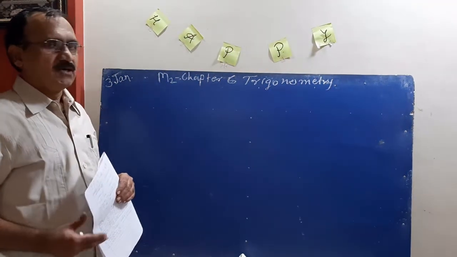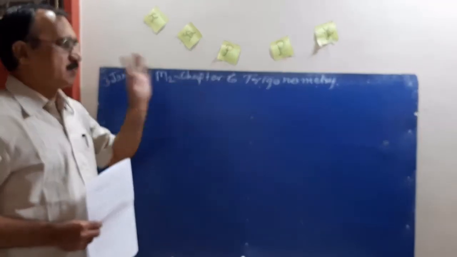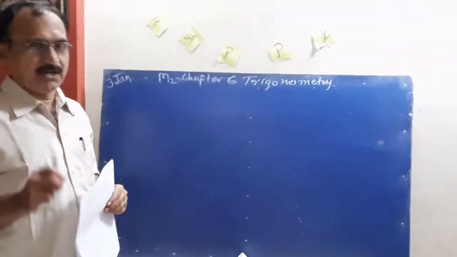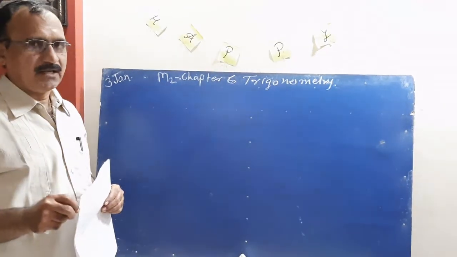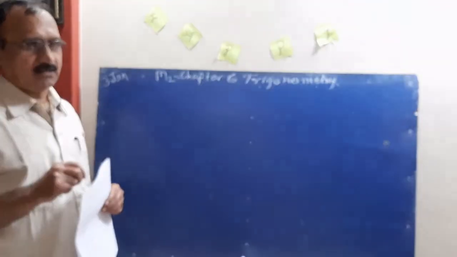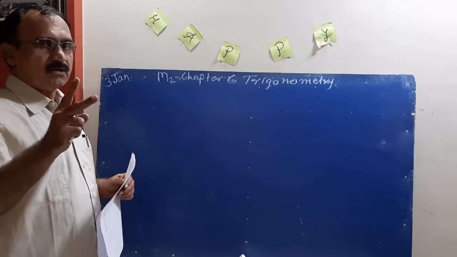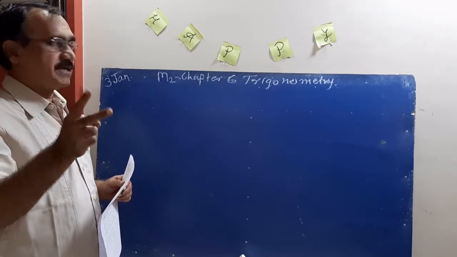Last period we saw Maths 2, chapter number 6, Trigonometry, which was started at that time. Some basic ratios and some identities were seen in the last period, and now we are going to see the basis of last period's trigonometric ratios and identities. We can easily solve practice set 6.1, part 1 and part 2. There are two videos from practice set 6.1.